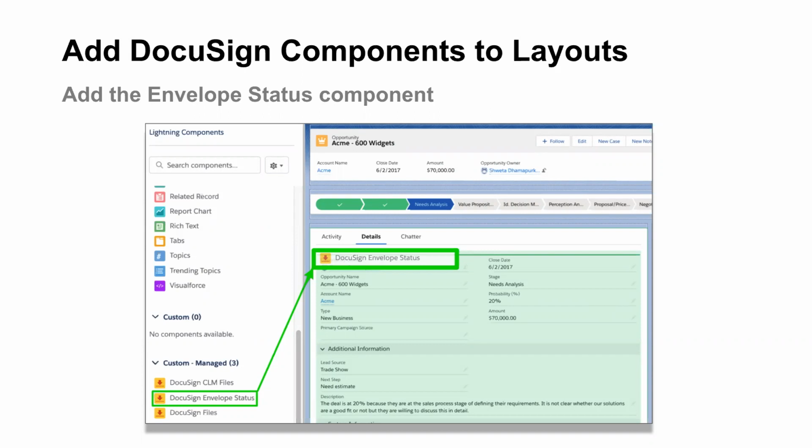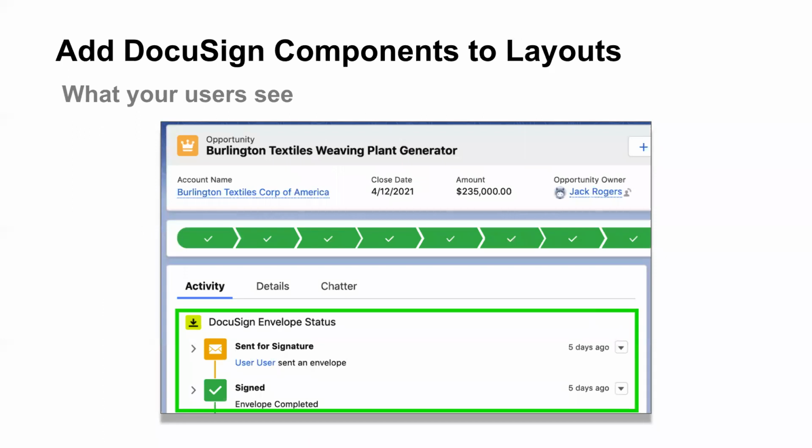And once you save that and activate it, then this is what your users see. They're going to come to that same record that you just opened and added this component to, and they're going to see this DocuSign envelope status component right there where you put it. And this just shows them anything that they've sent from this record, like what's going on with it. It's the status: is it sent, is it signed, is it pending, all this other stuff. So that's cool. And when you do it on the Burlington Textiles page, it also adds it to every opportunity page layout. So you don't have to just do it record by record. It conveniently does it for all of them. So all opportunities in this case.